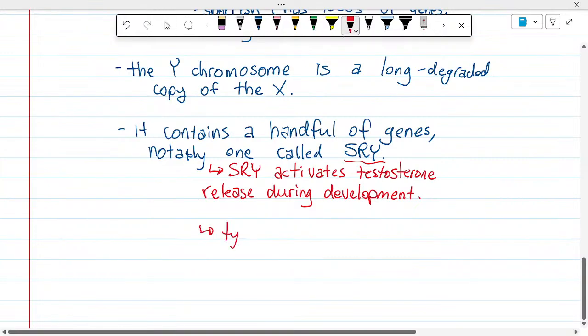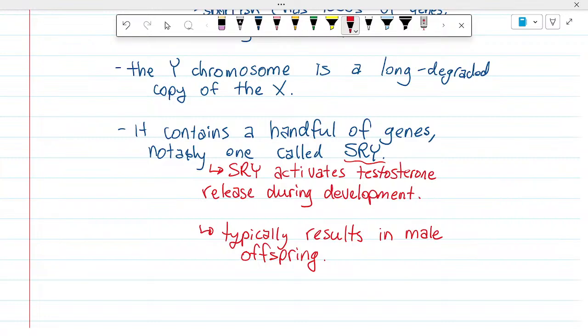And this typically results in male offspring. In other words, typically if somebody has the Y chromosome, then during their development the SRY gene is expressed, and if the SRY gene is expressed, that will release testosterone during development, which is typically going to result in somebody